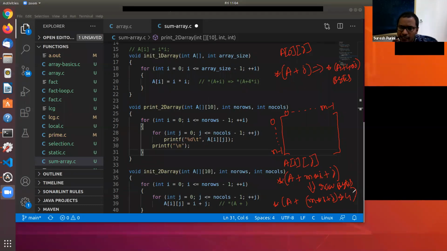So anyways, the point here is in order to compute the address of the element aij,